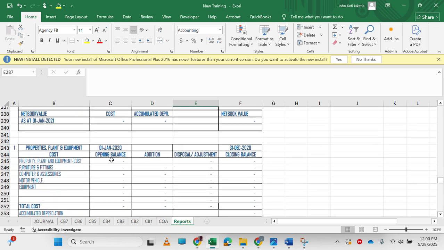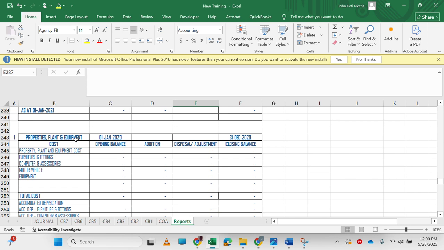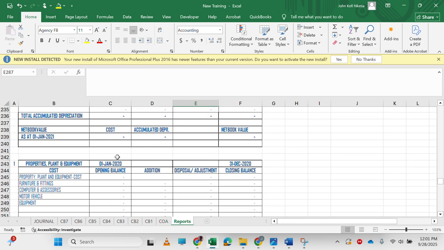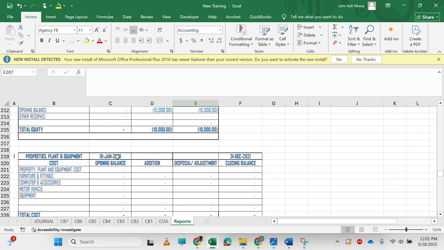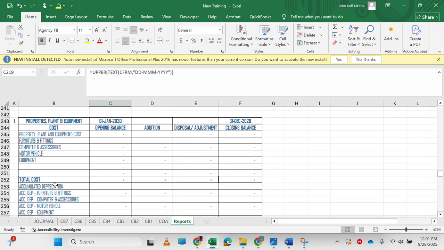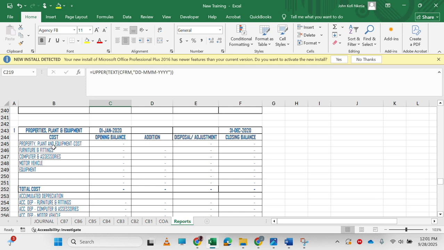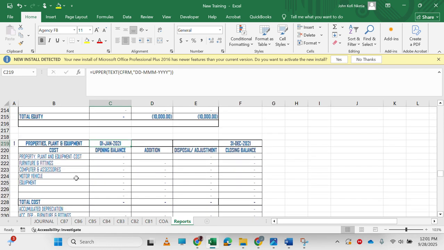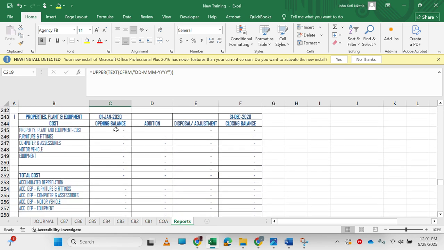So, the first change I did was for the PPE. I had to add the beginning date and the ending date, and I also added a comparative PPE. I just copied all of this side and pasted it to this side, and then I linked the items to the items over here. And at the formula side,